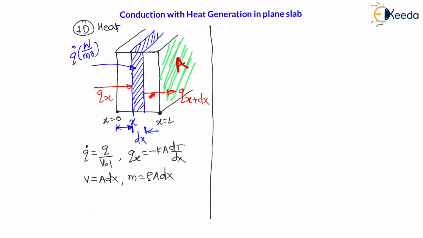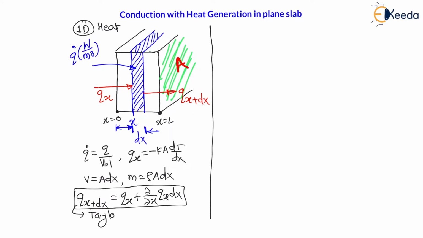Now, my dear students, to find this heat conducted outside this element, that is heat conducted out of this element, which is qx plus dx, for calculation of this we will use Taylor series expansion. With the help of Taylor series expansion, this qx plus dx is given as qx plus ∂/∂x of qx dx, right? This is the Taylor series expansion from mathematics. Now, my dear students, here you will find much mathematics, integration and differentiation, many formulas and many series in this particular topic, right?